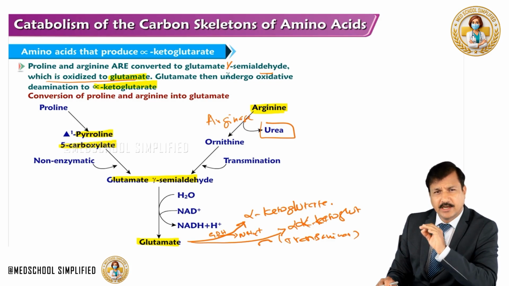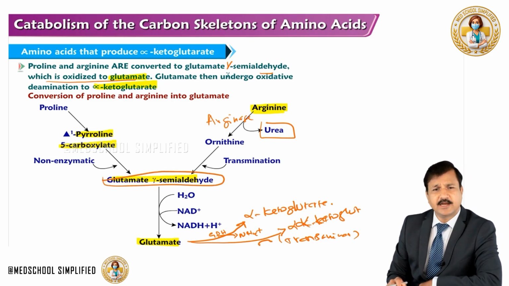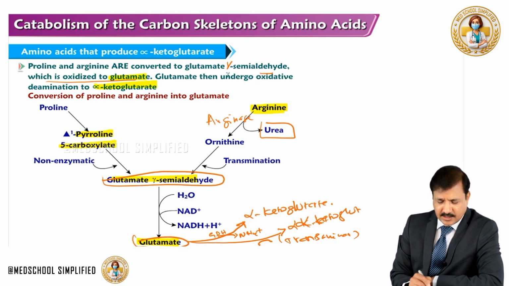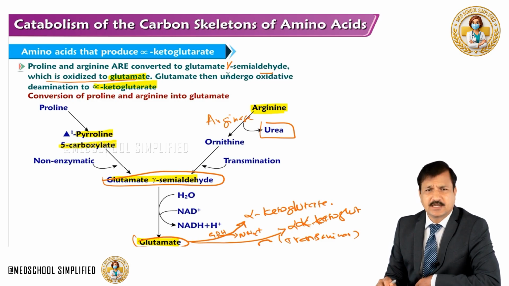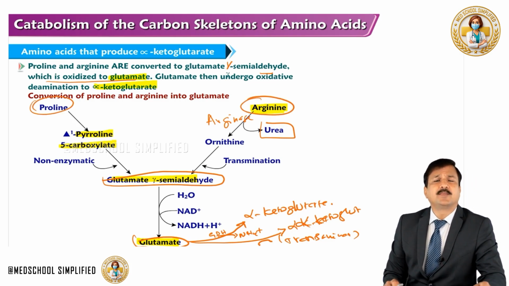The ornithine undergoes transamination to make glutamate gamma-semialdehyde, and this becomes glutamate, which will become alpha-ketoglutarate, a TCA cycle intermediate. Like this, proline and arginine are ultimately converted to